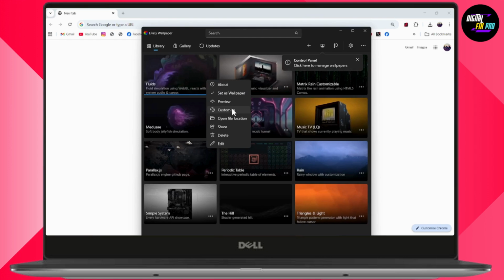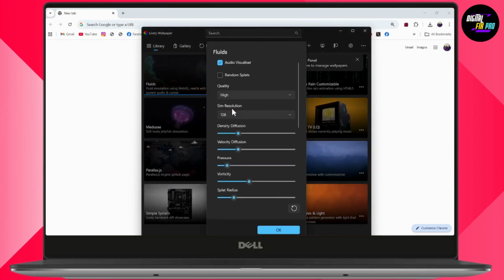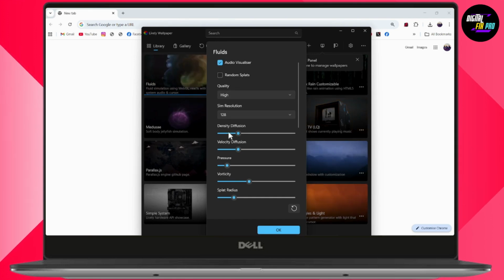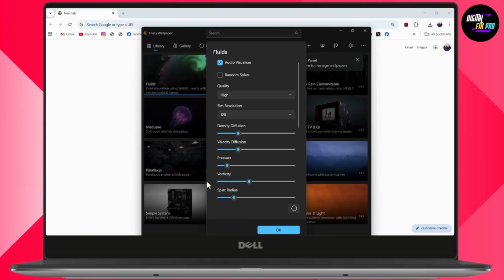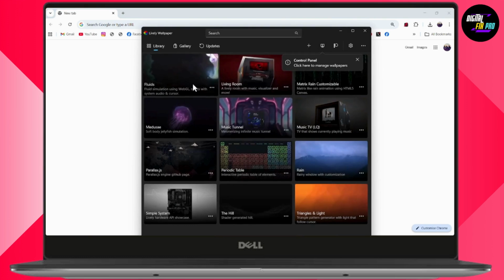You can also customize the wallpaper if you want to. Just simply click on Customize, and then you'll be able to customize the audio visualizer or random splash like the fluids, and then the quality, the sim resolution, density diffusion, velocity diffusion, pressure, and many more. You can go with OK, which will be in the bottom, and that's it. In this way, you'll be able to